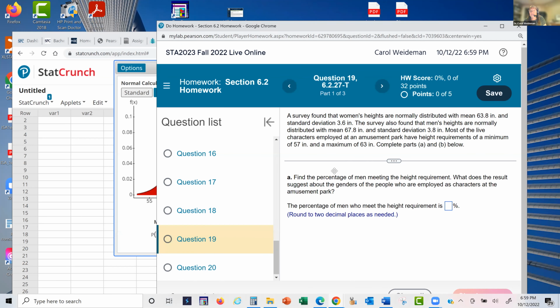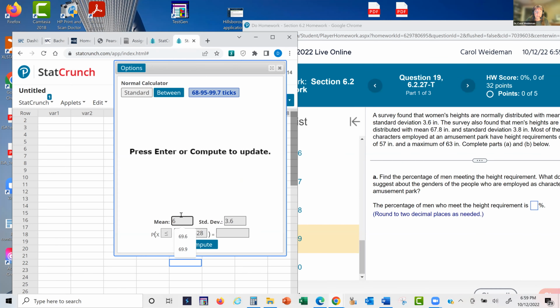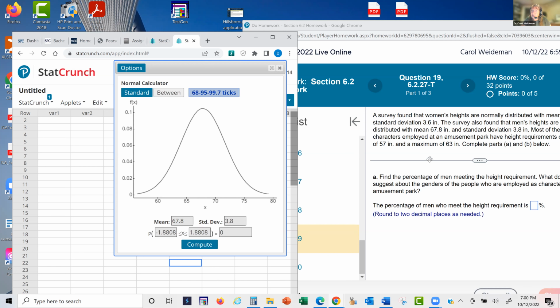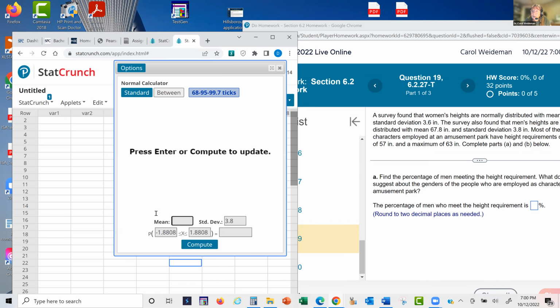Most of the live characters employed at an amusement park have height requirements of a minimum of 57 inches and a maximum of 63. Find the percent of men. See, I put the women in, so I need to go back and change that. They want me to work on the men. So the men are 67.8 and 3.8. They want you to find the percent of men that will meet the height requirements. So we're going to do a between here. And they have to be between 57. Oh, no, that's not right. 67.8. I put in the wrong window. 67.8. Between 57